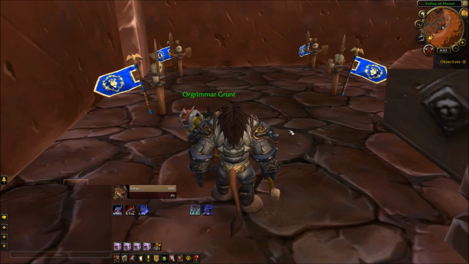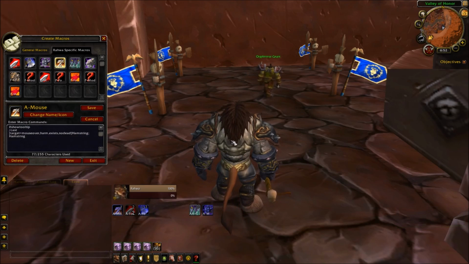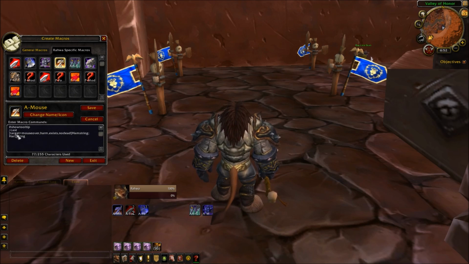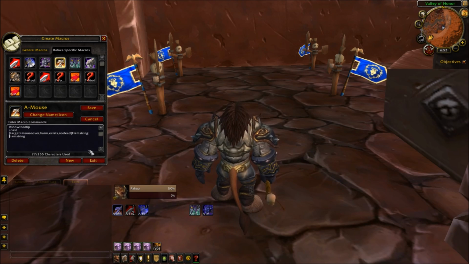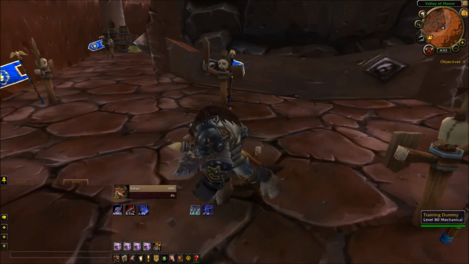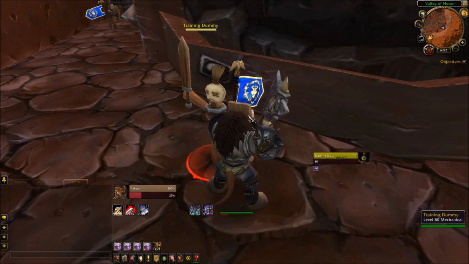So the first macro I tested today was a Hamstring Mouseover macro, which looks like this. /cast [@mouseover,harm,exists,nodead] Hamstring. And you can just switch out the Hamstring here and leave that semicolon in between. You can put whatever you want in there, like a Charge, whatever you want to put in there. Just depends. So how this type of macro works is if you just have a single target